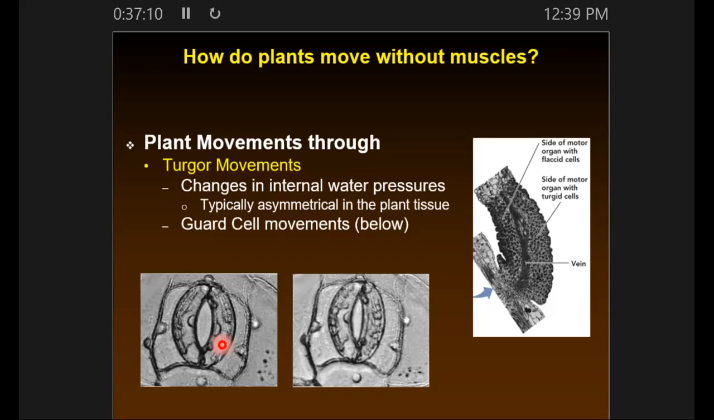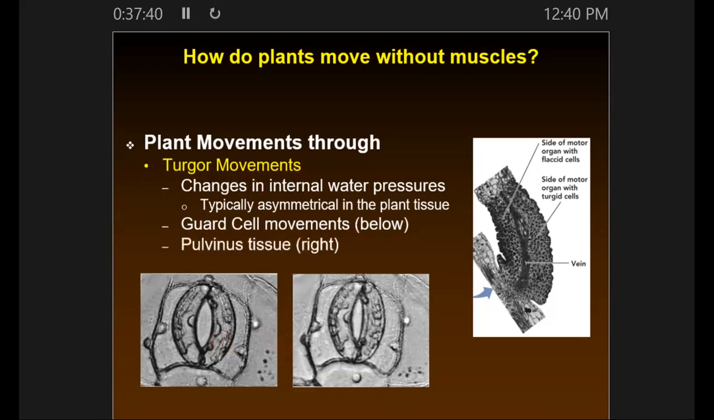pretty much mapped out the pathway. It's a big, long signal cascade that goes on in order to get guard cells to open. But the end result of all that signal cascade is, okay, it's time for water to rush in if you want the pore open. And then the water will rush out, and the pores will be closed over. And so it's a